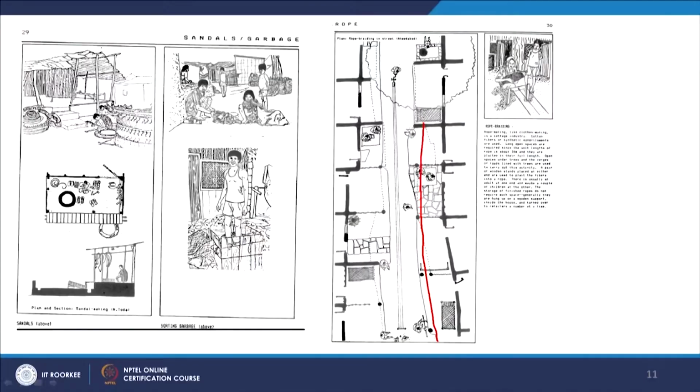And the rope braiding, because if you look at the rope braiding, obviously you need a length, right? So the whole length, you can see two people on the other side, and then they tension the wire and keep rolling it. In that way they twist around and make the rope. Similarly for the saris, how a length of saris are made, right? So for every section, what they did was they kind of summarized the